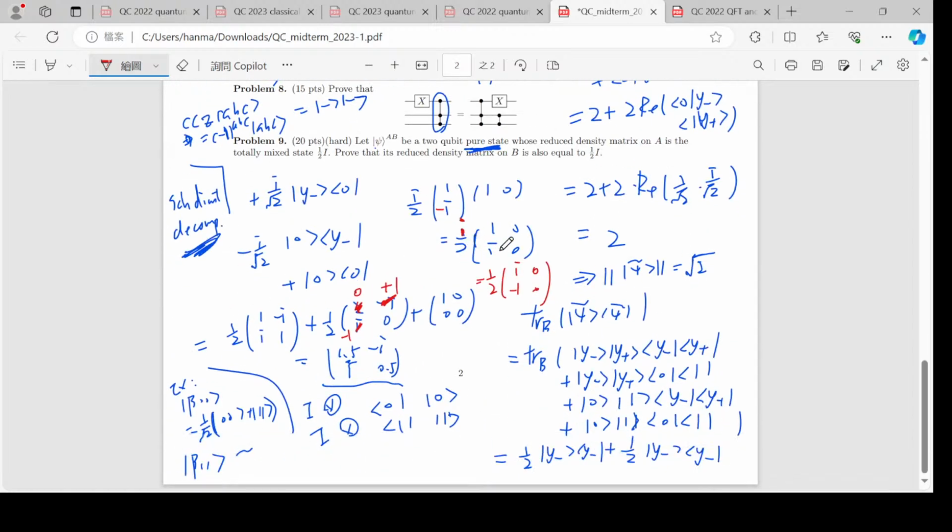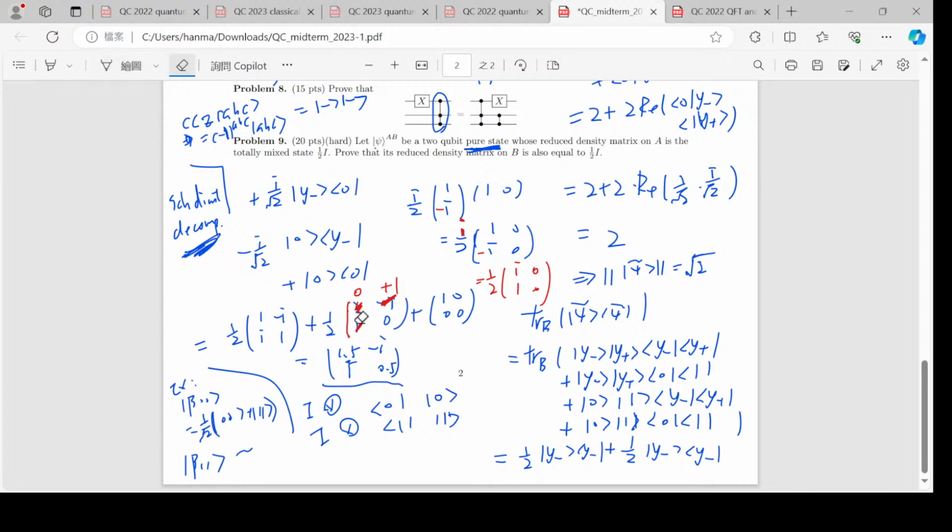So it's i times minus i here, and this is actually plus 1 here. And we say this thing is this thing dagger, so it's a minus i and also plus 1 here. So this matrix here is actually,